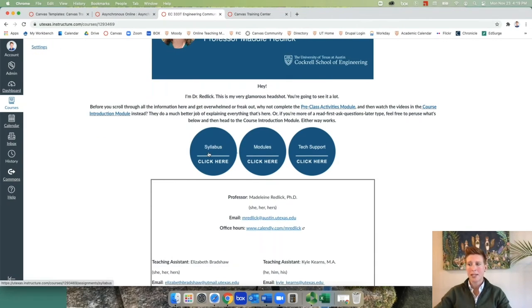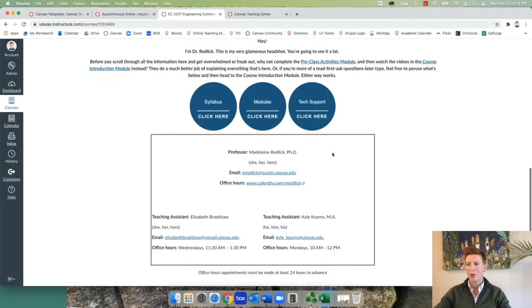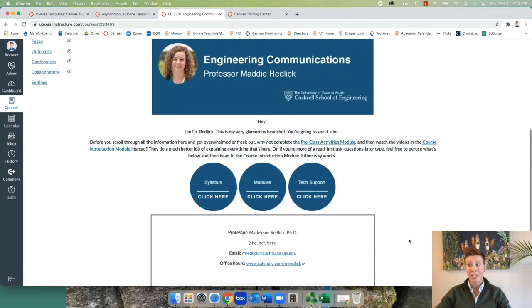Then she has a syllabus, modules, and tech support link. Each one says click here, so students know that if they click there, that's where they'll go. And then below, there's a box here with just the information about her and her teaching team. So it has name and email and office hours for each of them. And that's it. This is the page.